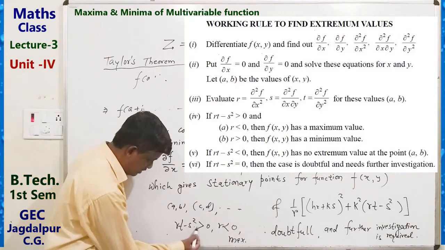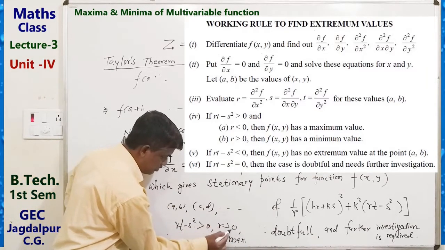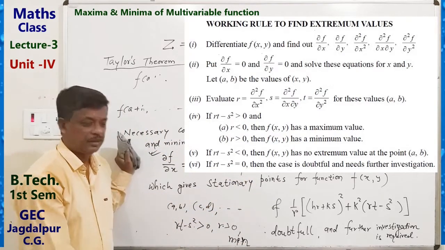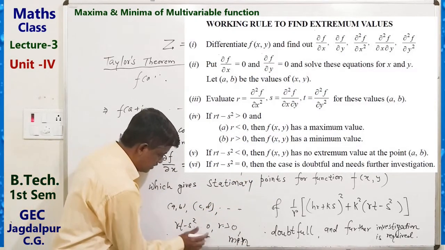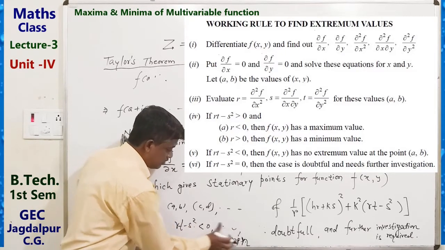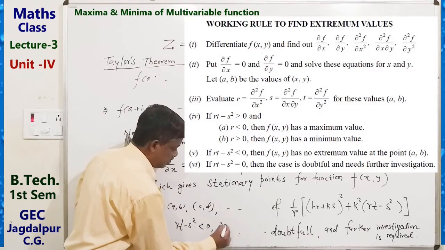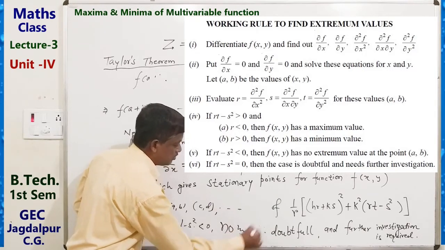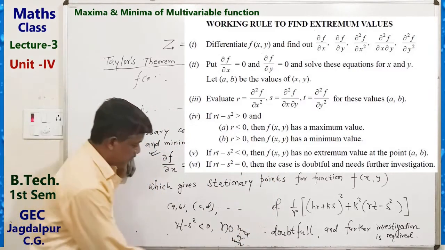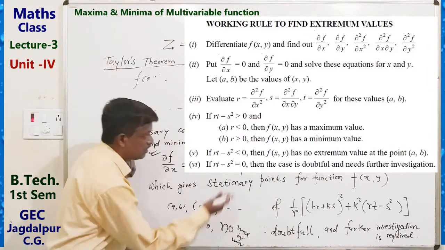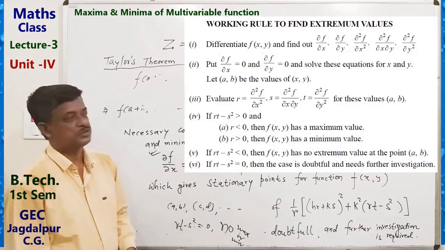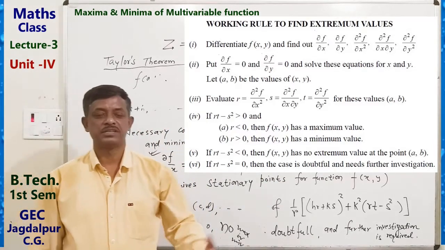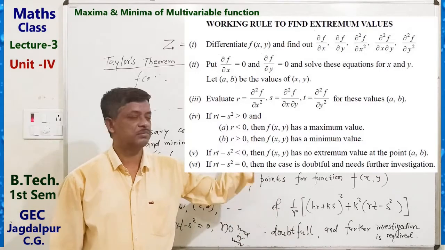If this is greater than 0, minima. If this is less than 0, no maxima, no minima. If this is equal to 0, the case is doubtful. So using this working rule we can solve for maximum and minimum. We can find the maximum or minimum value